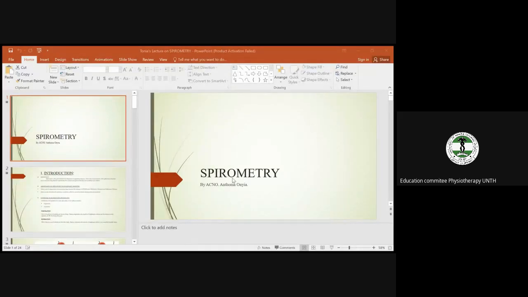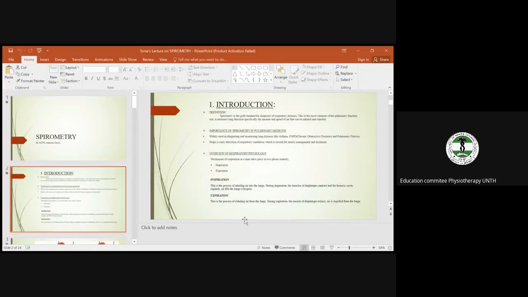Okay, sorry for the delay. So from my introduction, we are now starting with definition. Spirometry is the gold standard for diagnosis of respiratory diseases, and this is the most common of the pulmonary function tests. It measures lung function, specifically the amount and speed of air